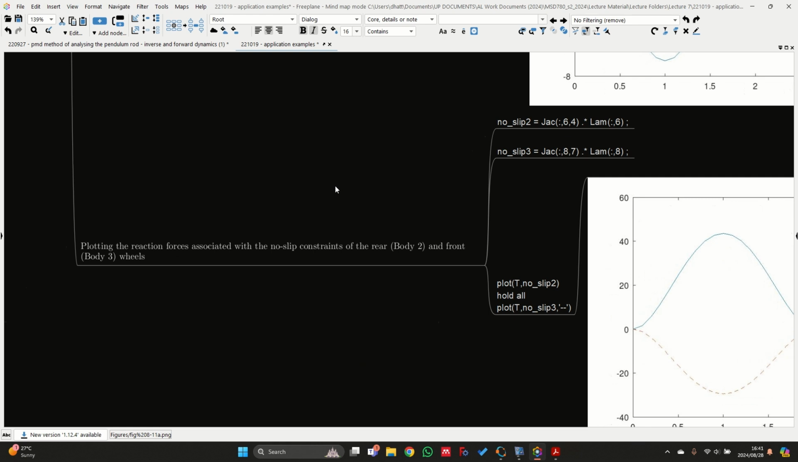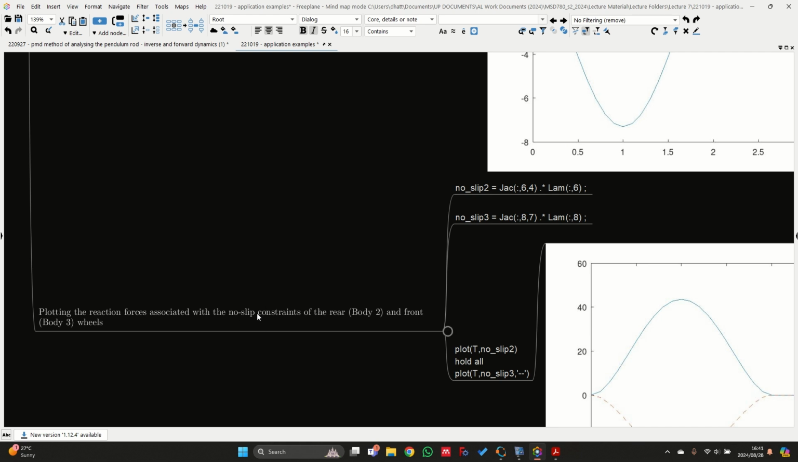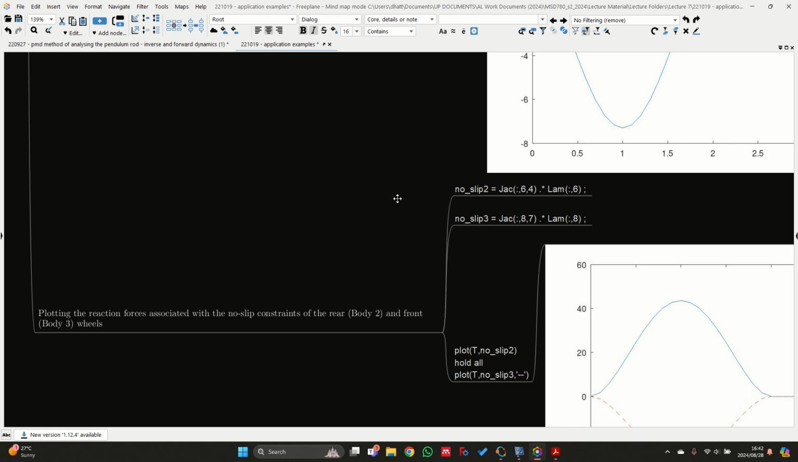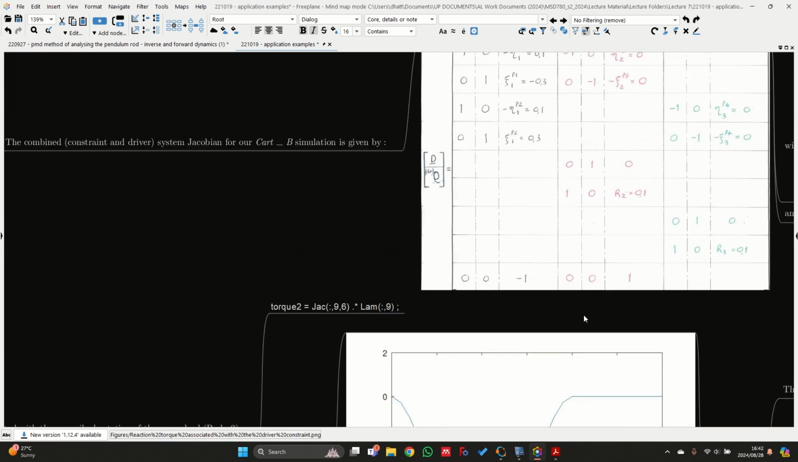Okay, so then we can also plot the reaction forces associated with the no-slip constraints of the rear and the front wheels. So to do this, remember that the no-slip constraint refers to the x direction. So to ensure that I have sufficient friction between the contact surfaces to not allow for any sliding or slippage to occur. So if I quickly go back to my Jacobian over here,